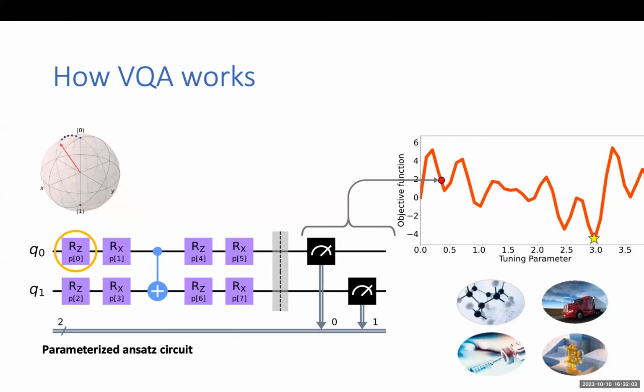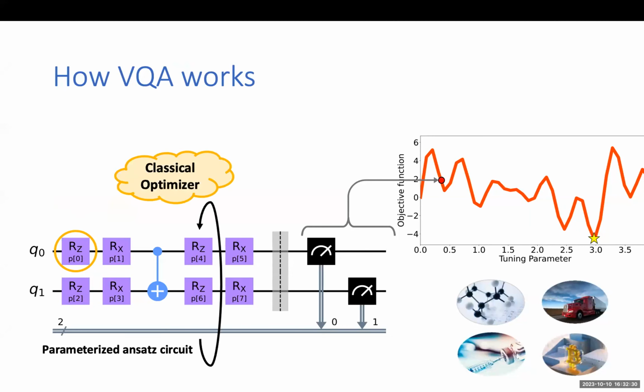In order to produce these quantum states, we use something known as an ansatz. An ansatz is just a parameterized circuit like the one shown over here. The structure of the circuit, which you can think of as the skeleton with the 2-qubit gates, is something you can derive from something you know about the problem itself. But all of these single qubit gates are tunable. All of these gates can go from 0 to 2 pi, which, as I said earlier, means they're going to different positions on the sphere.